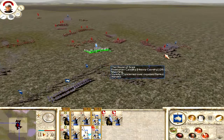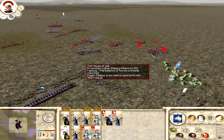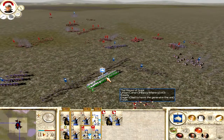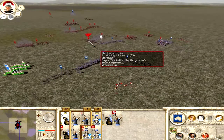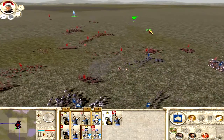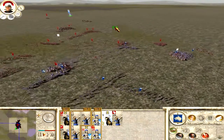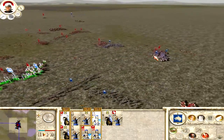Might actually be a good idea to move these guys out whilst the cohort engages. I've lost one archer squad. I'm going to need to move these guys up. His general is now fleeing, and my guys have actually stopped fleeing, so I'm going to try and bring them back into the fight. I'm doing alright protecting my...